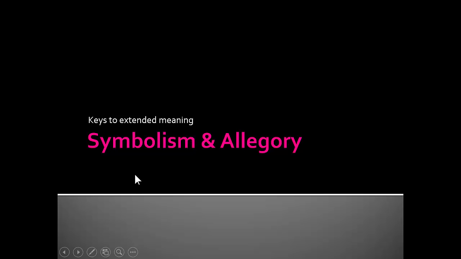So why the symbolism? The symbolism is used to extend meaning. Just like if you had 100 acres and only one hole to dig to unbury that treasure, you would want to know everything that you could and think like the pirate that buried the treasure. We're trying to think like the author, like the people that wrote the stories. And one of the things that we like to think about is their tools. How did they use their tools? What kind of tools do writers have at the ready? Well, one of the tools that they use to extend meaning is symbolism.